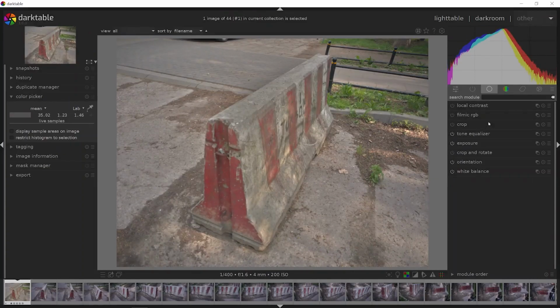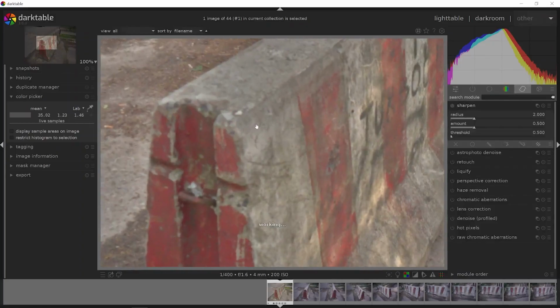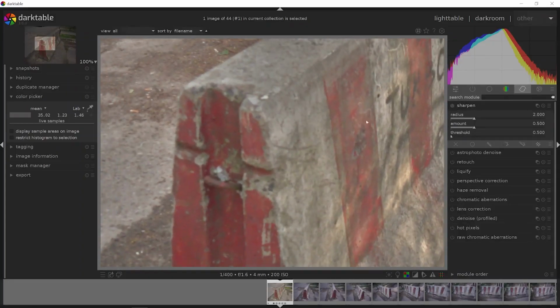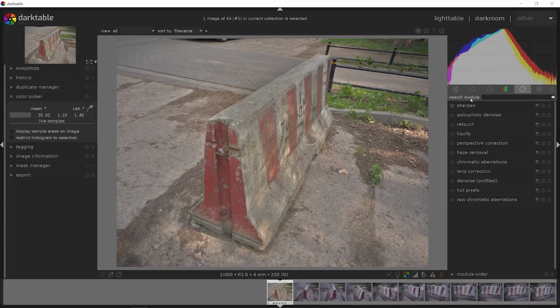Aside from that, I would adjust the sharpness levels. First, we disabled everything, now let's bring back the sharpen module. I will zoom in to see the effect a little bit clearer, and the only thing I'll touch is adjusting the amount. I will set it to 2. I suspect that the video compression will eat that stuff up, but to reiterate, the sharpen was set to 2,